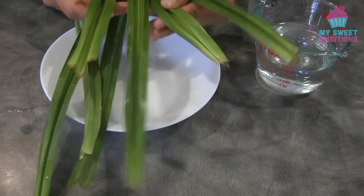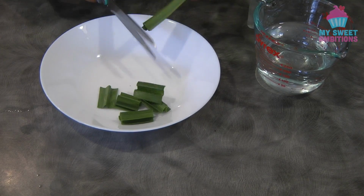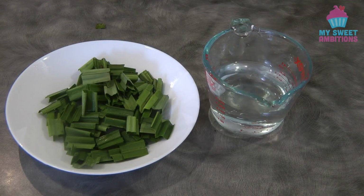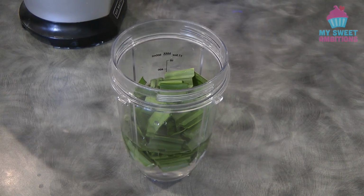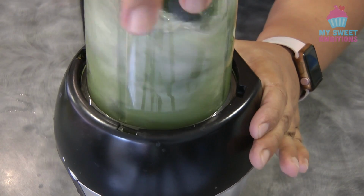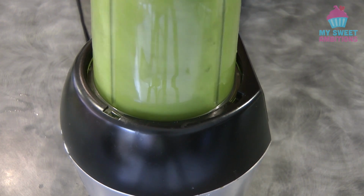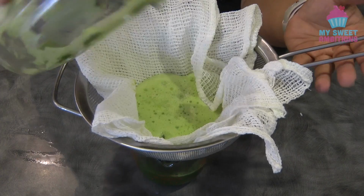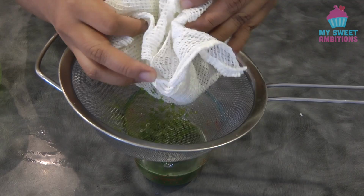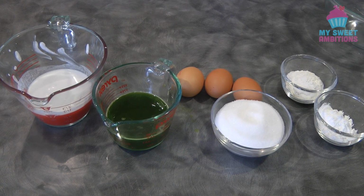So this is 7 leaves of pandan. Cut it into small pieces. And then I have 200 ml of water. So we're going to puree the pandan in a blender or food processor. Then we're going to strain this. I'm using cheesecloth that I folded and then strainers just to make sure that I don't get any pulp from the pandan. So once this is strained, I have about 175 ml of pandan juice,